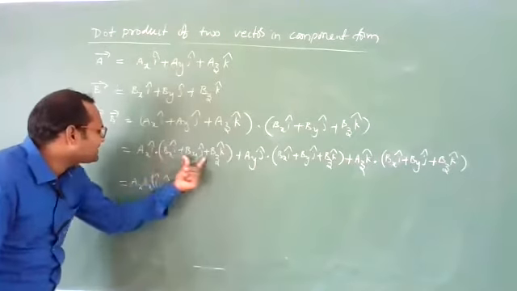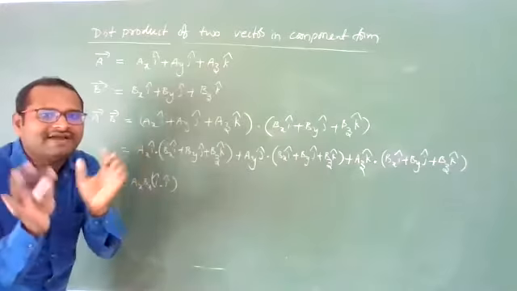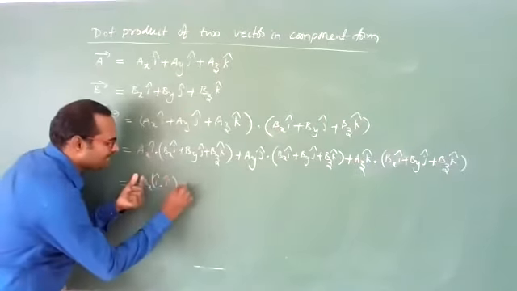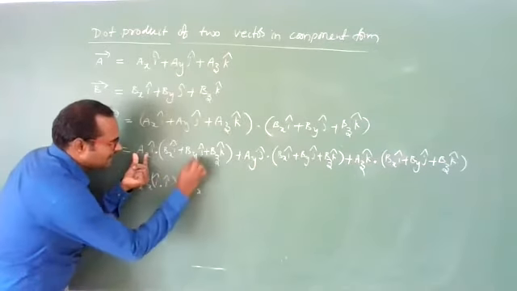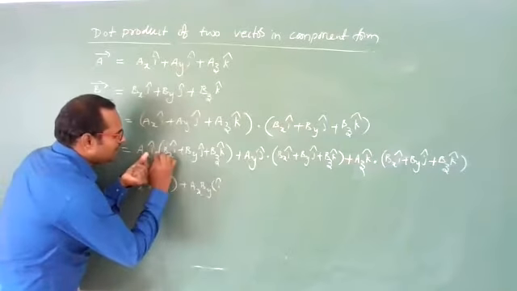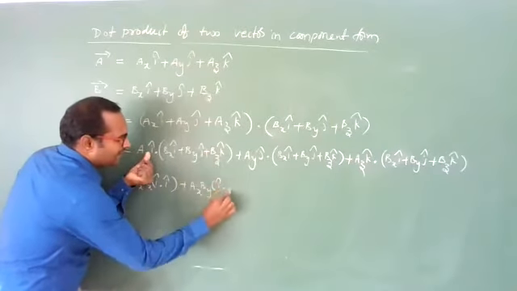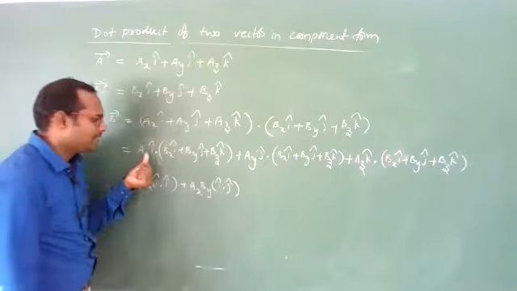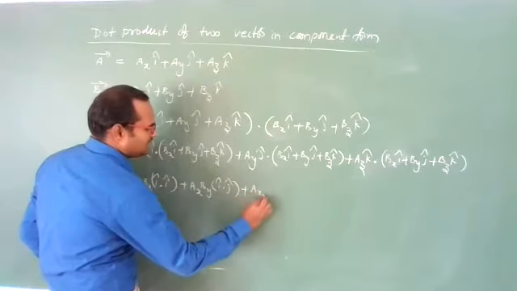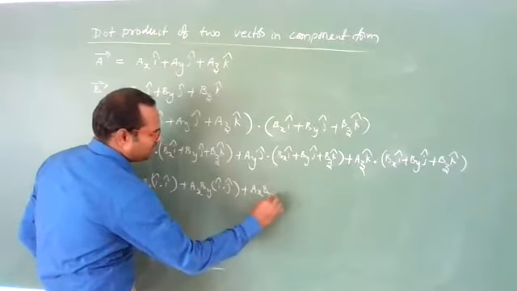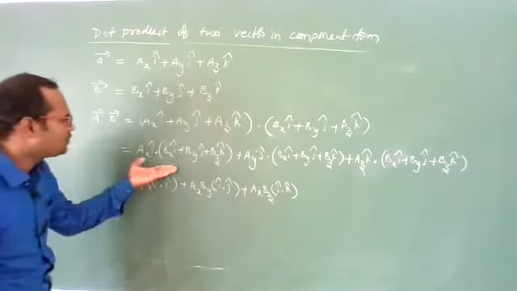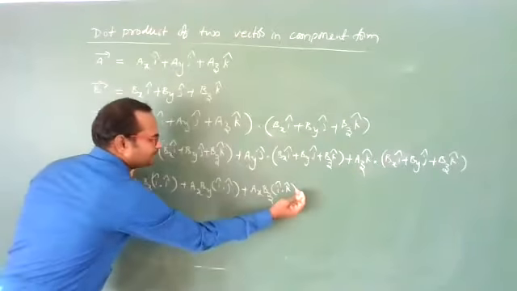The dot I am writing between two vectors is because ax and bx are only values. So this term is over. Next, plus ax into by, I cap dot j cap. Plus with this term, ax bz into I cap dot k cap. Yes, this total term up to here is over.